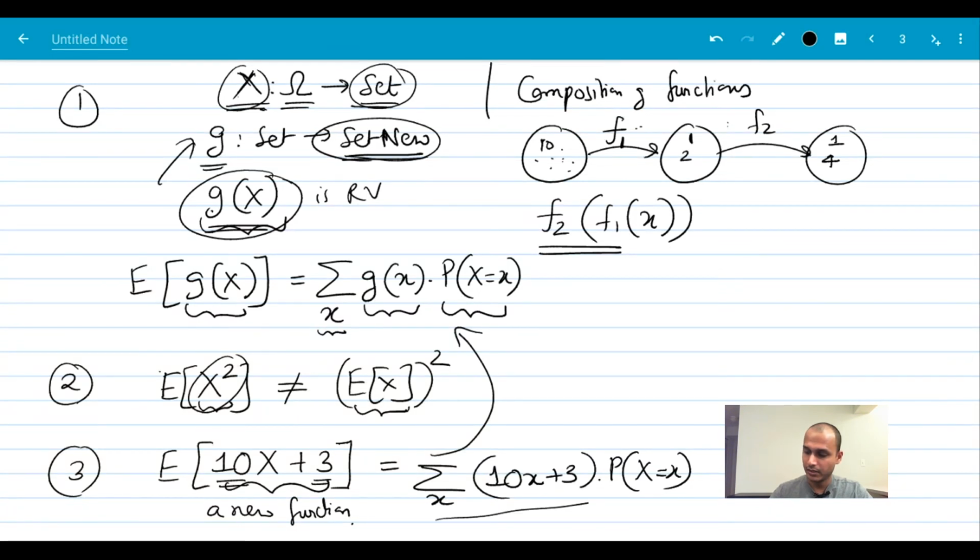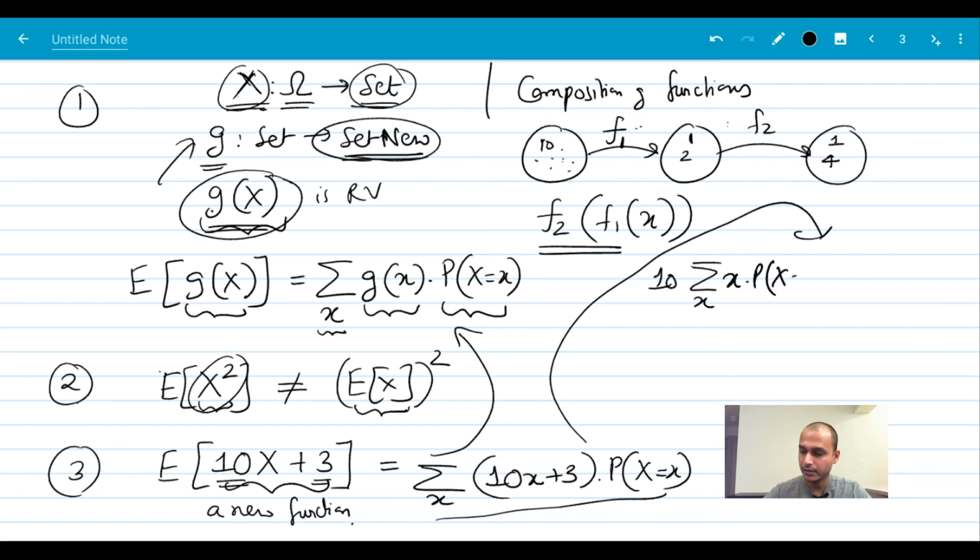I'm just going to rewrite this over here. So this is equal to the sum over x of 10 times x times p of x is equal to x, plus 3 times the sum over x of p of x is equal to little x. Capital X is equal to little x.